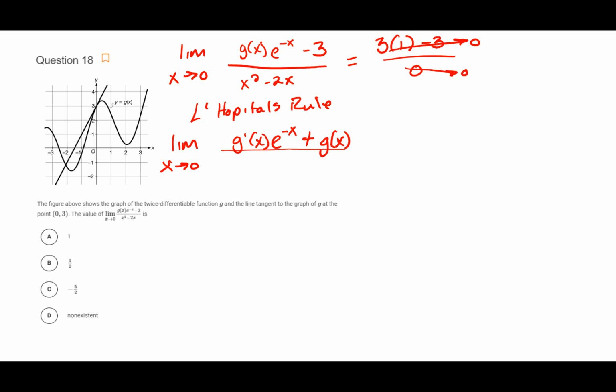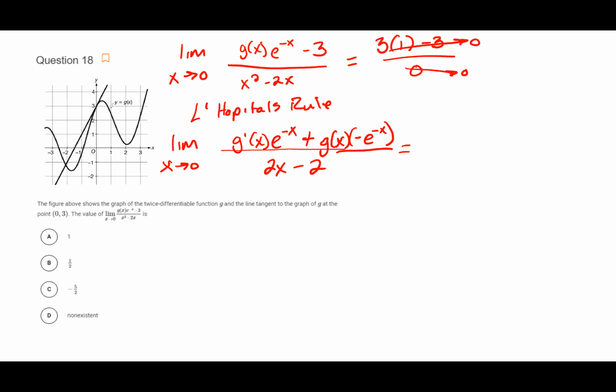What's the derivative of e to the negative x? Negative e to the negative x. Because it'd be e to the negative x times negative 1. So this would be times negative e to the negative x. And the derivative of the negative 3, we don't have to worry about. The denominator would be 2x minus 2. All right. Now with substitution,